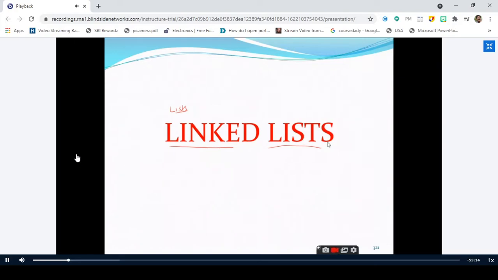If somebody asks you what are lists, these are nothing but a collection of nodes. From the computer science point of view, the data structures point of view, we should say that lists are the collection of nodes. We'll see what a node is and how we have to divide the node into different parts depending upon the application. All these things we will discuss. But at the present point of time, it is very important that you should know what a list is.